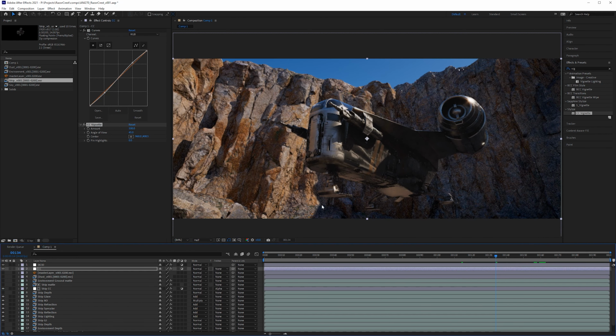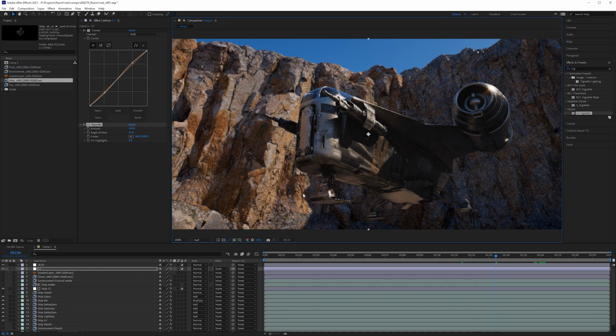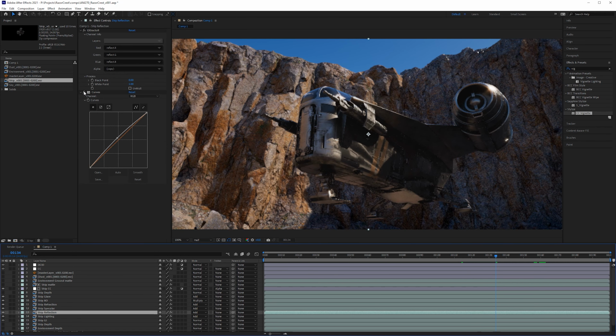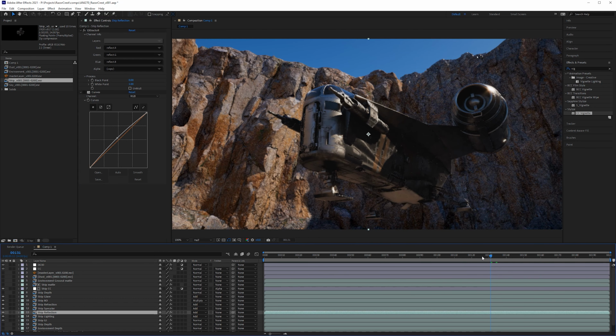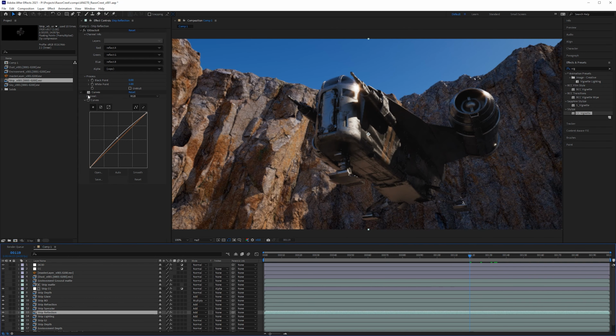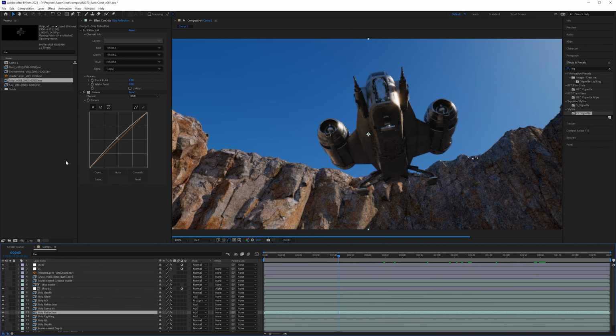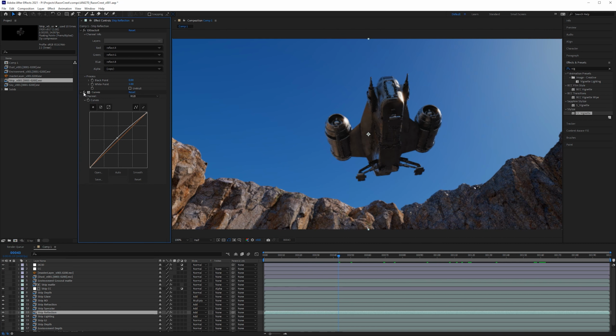So we could add just a little bit of that vignette, kind of pulls your eye into the shot, and this is the main point of reference. If you think the reflection as you go a little bit higher up is a little bit wrong, you could turn that layer off, not bother with it, or you could animate your curves. So as we go up and up and up, you can see if you want to include that or not. So if you think that looks a little bit bright, we could adjust that, but we're not done. We have other stuff to do, so I'll come back to this. All right, so we have that.